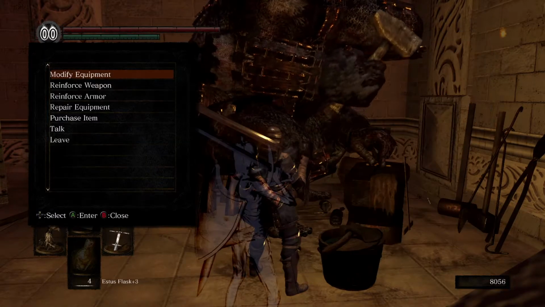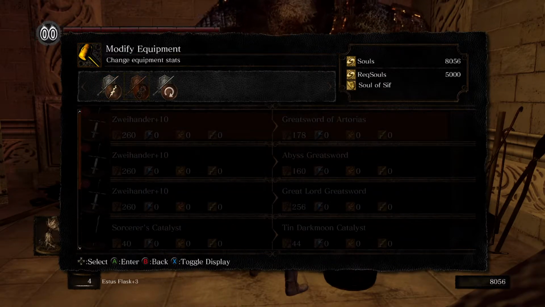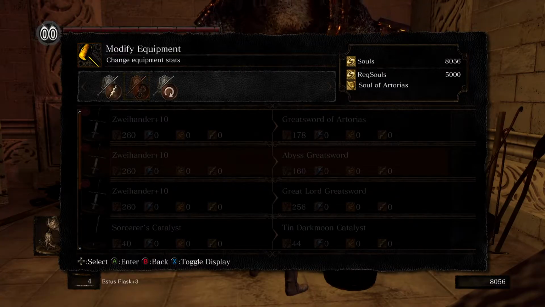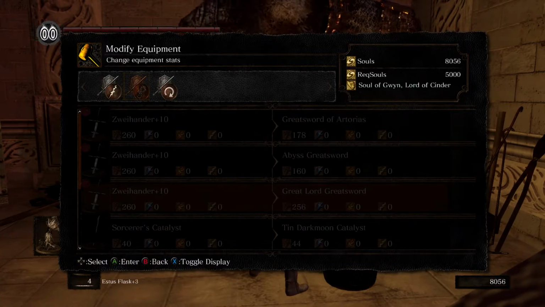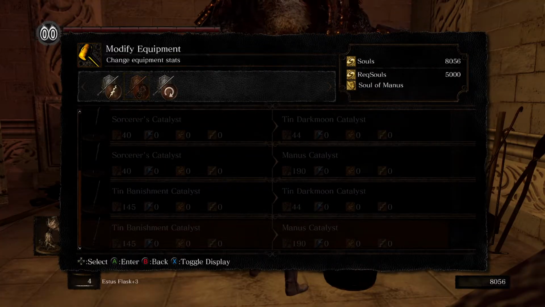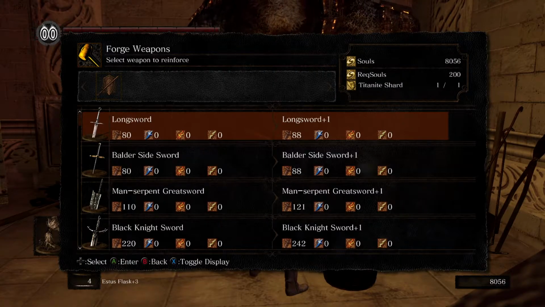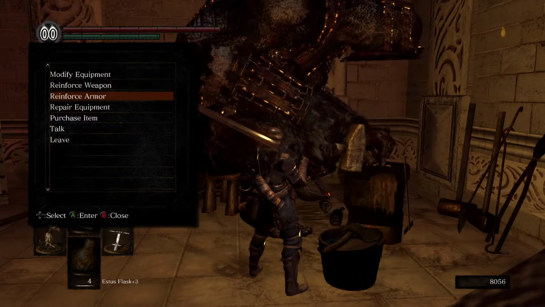Okay, we reinforced it and it went away. So that means now it's time to... we can turn it into the Great Sword of Artorias if we had the Soul of Artorias. We can turn it into the Abyss Greatsword. We can turn it into the Great Lord Greatsword if we have the Soul of Gwyn, Lord of Cinder. So there are some interesting things being told to us here. Like, who is Manus? And where is Gwendolyn that we would get his soul from? So that's as far as we can ascend weapons now. We have to go and find...